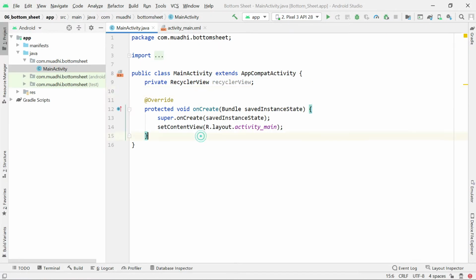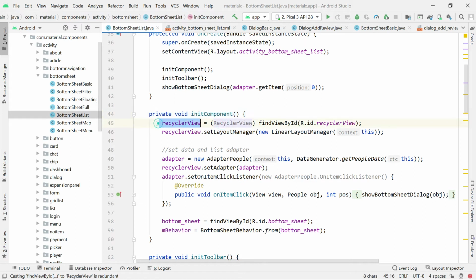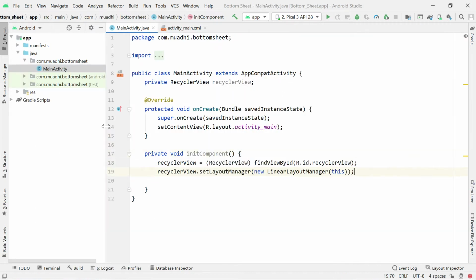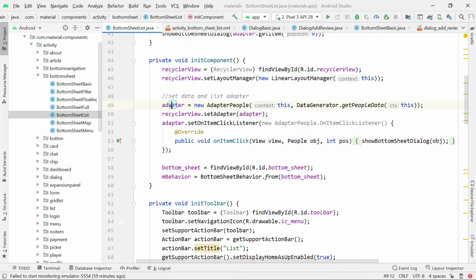If I'm too fast, you just tell me, I'll be slow. So I'll have to initialize the recycler view, and then set it to the linear layout. So our recycler view is equal to the recycler view, and then set the layout manager to be the linear layout manager. And then later I'll create the adapter.